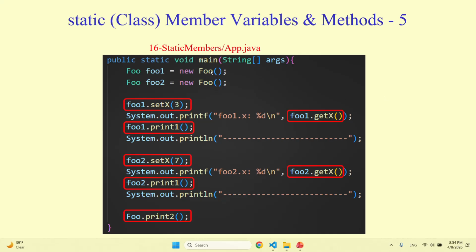Here's the driver code to test the foo class. I am creating two objects from the foo class, foo1 and foo2. In the first object, I'm setting x to 3. In the second one, I'm setting x to 7. Because getX, setX, and print1 belong to an instance of the foo class, I can make a call to these using the object reference. I can say foo1.setX, foo1.getX, foo1.print1. And I can do the same using the second object reference, foo2.setX, foo2.getX,